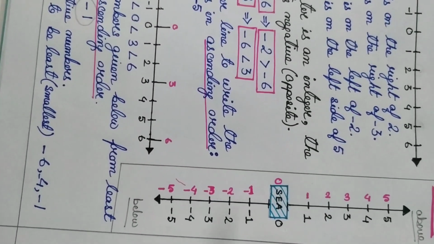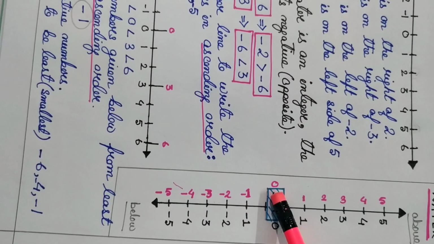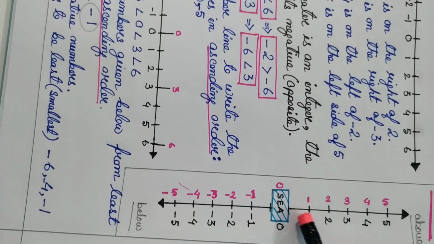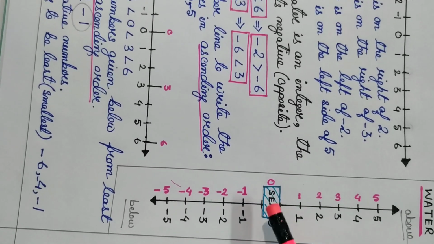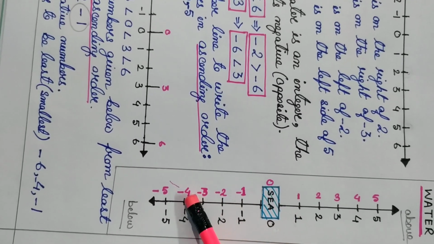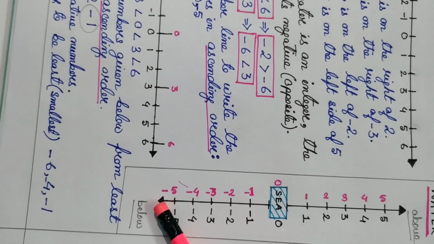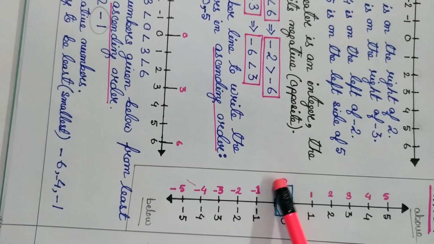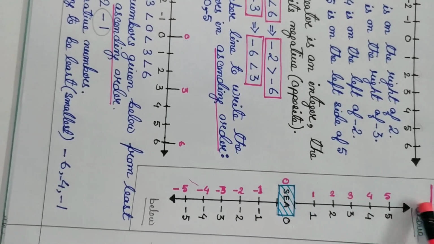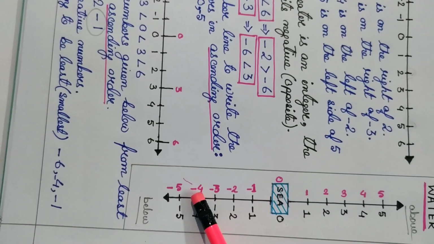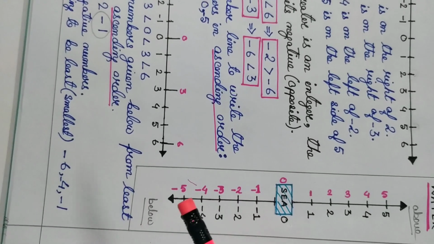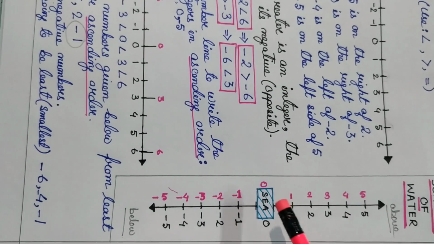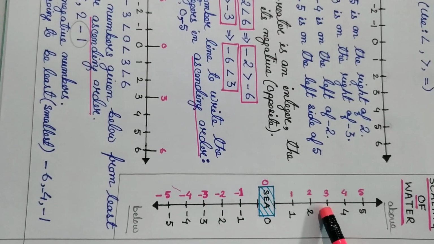I have done the same thing, just turning the copy. You can see the same number line, 0 degree or 0. That is the sea. And then 1, 2, 3, 4, 5. And over here minus 1, minus 2, like this, and so on. Understood? Always remember that this is the sea, this is above sea level and this is below sea level. If there is any confusion, you can remember this scaling of water and solve accordingly. Understood?